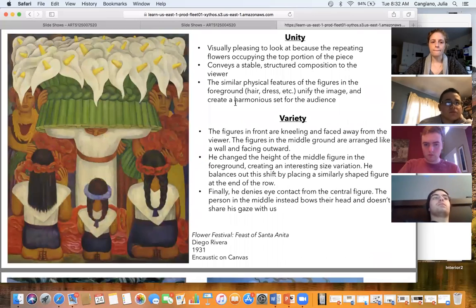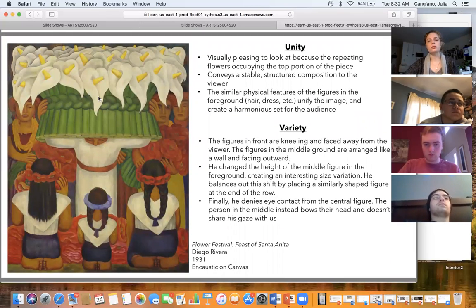So I've got a couple of examples of unity and variety here. For unity in this one, you have a lot of elements that are the same. You've got these repeating flowers and these repeating, relatively even middle yellow pieces that read as a set, as do these very organized stems, which seem to be interwoven here. And you do have a sense of likeness in these figures here.